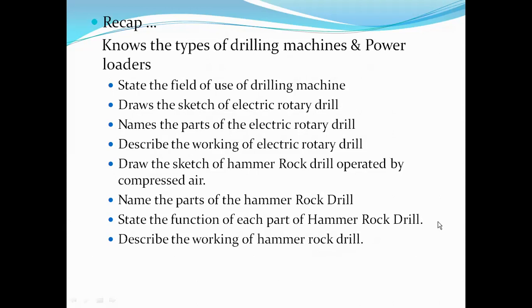Then we also discussed different parts, like the chuck. The chuck is at one end of the jackhammer drill, where the stroke or the energy of the compressed air is transferred, because during the forward motion the piston gives a blow on the chuck. The chuck is used for transmission of the compressed energy through the drill rod into the drill bit. That is exactly the purpose of the chuck. These are the topics we discussed as part of the previous video lecture. Now let us move on.